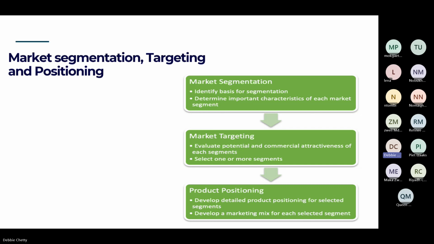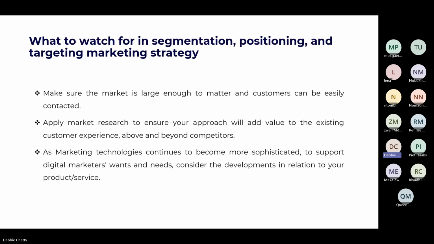So it's developed by a detailed product positioning for selected segments, and it develops a marketing mix for each selected segment as well, right? So before we even touch on this, with segmentation, for example, what the marketers first must do is use marketing analytics to create specific segments of a target audience based on predetermined criteria. So the marketing department could choose to segment the audience based on demographics, geography, purchasing frequency, lifestyle characteristics like hobbies,